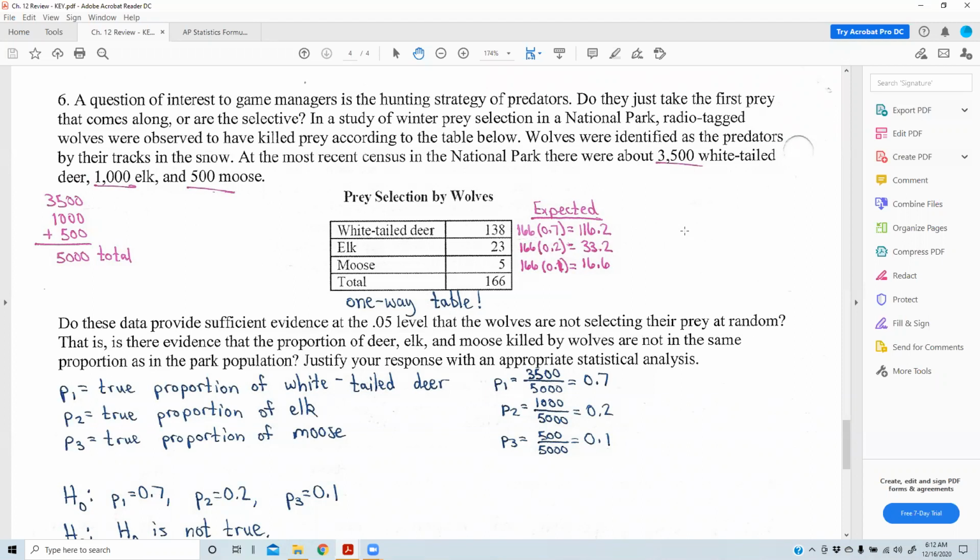So in this park, they've got white-tailed deer, elk, and moose that they're looking at, and they're wanting to see how they were killed. In total, there are about 3,500 white-tailed deer, 1,000 elk, and 500 moose. So that means they have 5,000 total animals in that park,